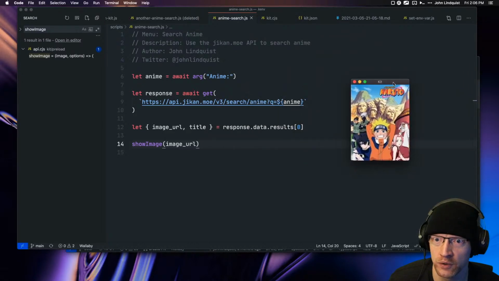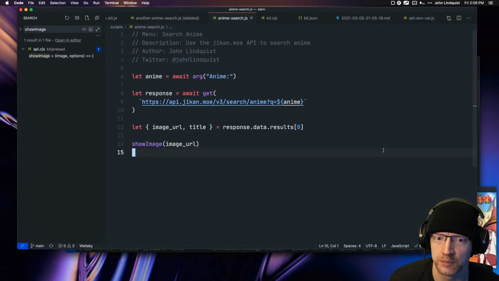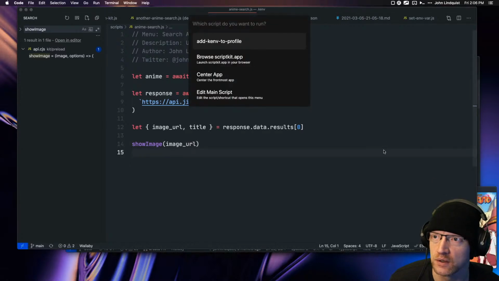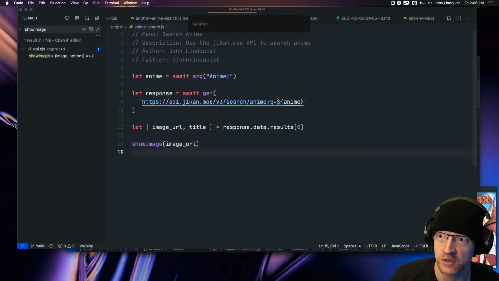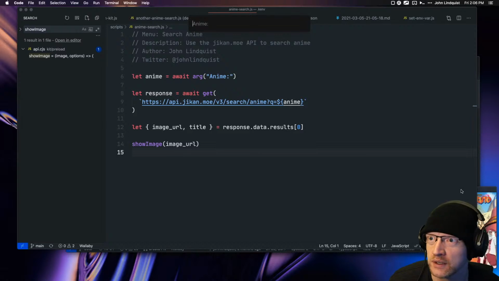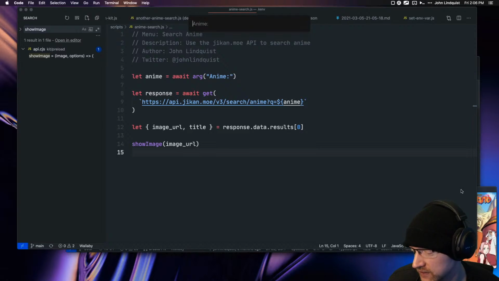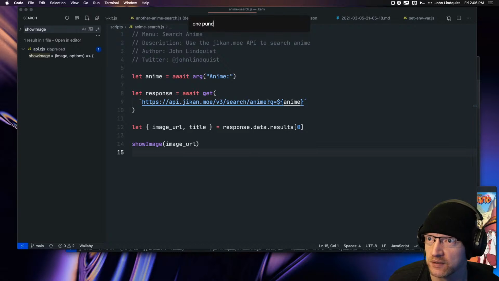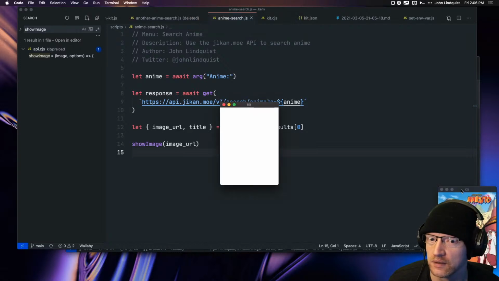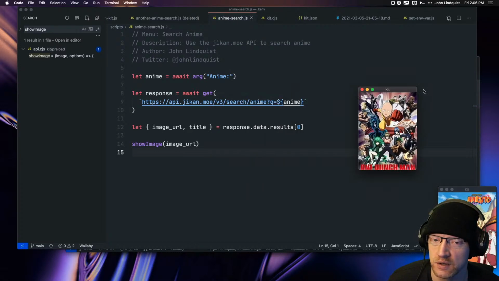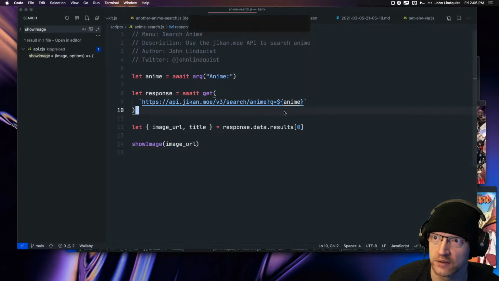So this will pop open a little window where you can do these searches for whatever images or whatever. This is just doing an anime search. Anyone have a favorite anime? Let's see, Naruto. What's that 100 show called? We'll do One Punch Man. So there's an image of that. So you could just kind of like